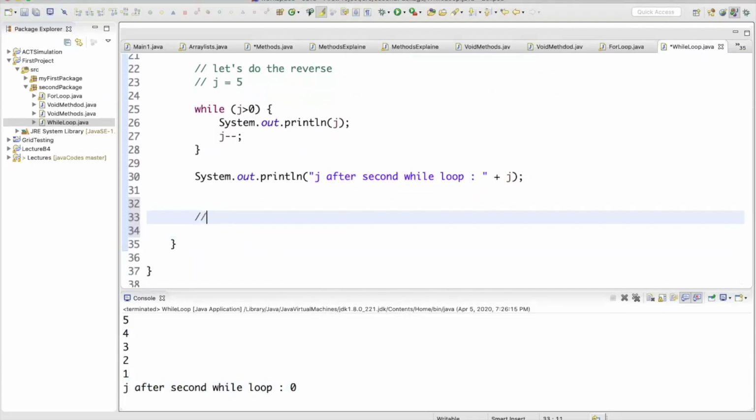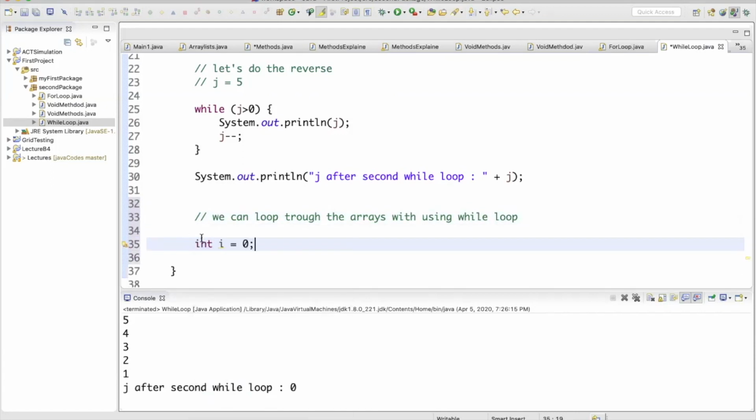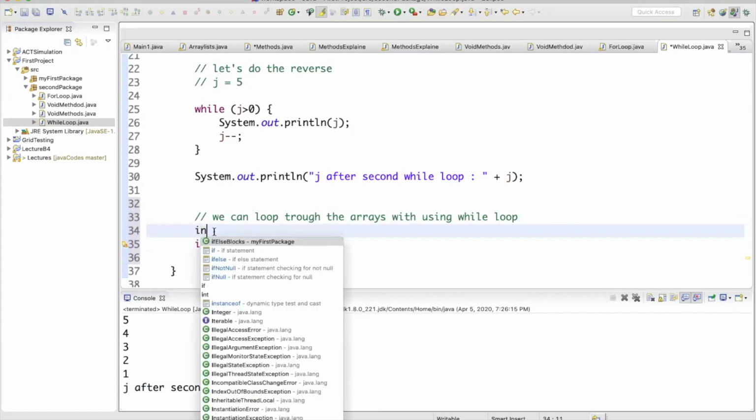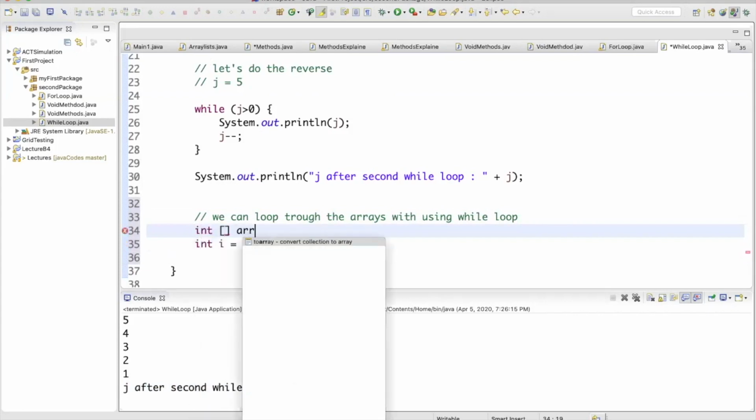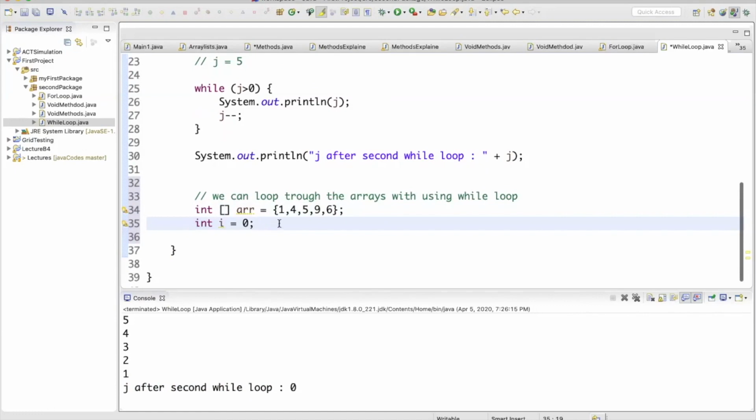Let's do another example. I will use my while loop to loop through arrays. In order to do that, I need to create one array, of course, so we can loop through the array using the while loop. Alright, the first thing is I created my initial integer. I'm creating an integer array which is going to hold some numbers such as 1, 4, 5, 9, 6, and after that I can start to write my while loop because I have my initialized